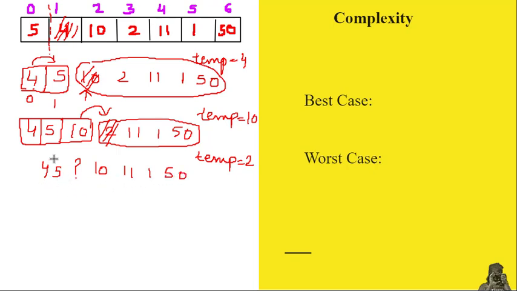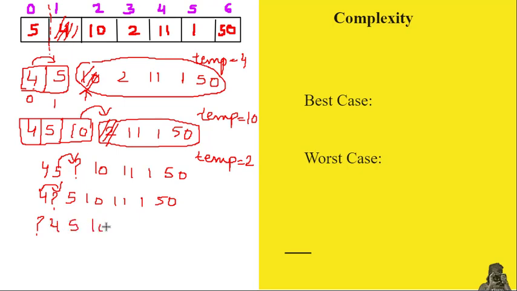Now again 2 will be compared with the next element, which is 5 here. So now 5 may be shifted to this location because 2 is less than 5. So now here we have a question mark. So 5 has been shifted or swapped. The rest of the array will remain the same. So now again 2 will be compared with 4. So we can see that 2 is again less than 4. So this will also be swapped. So 4 will be shifted to the next position. So now here is a question mark.